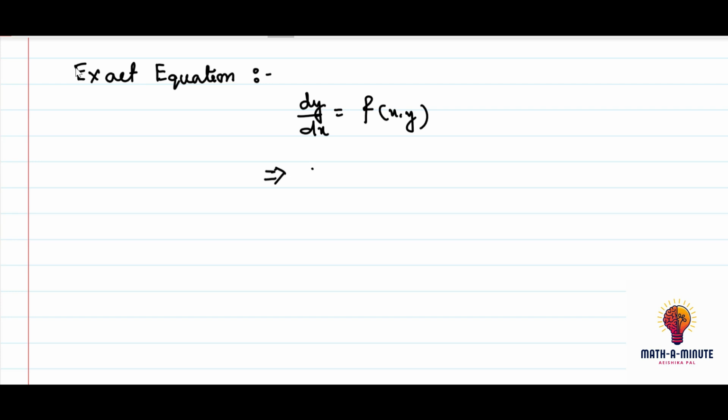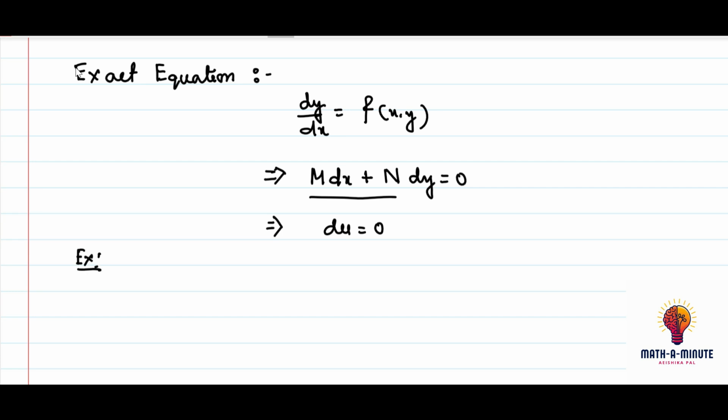We can also write a first order first degree differential equation in this way, where M and N are both functions of x and y. So this differential equation is said to be an exact equation if we can write this equation in this format. Okay. So for an example,